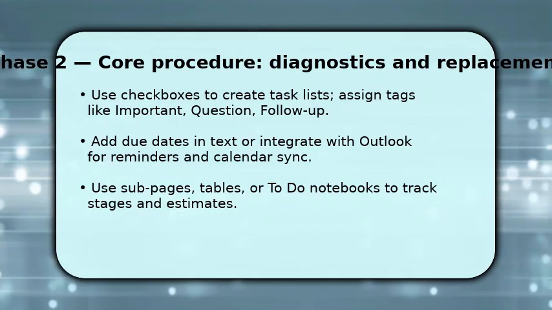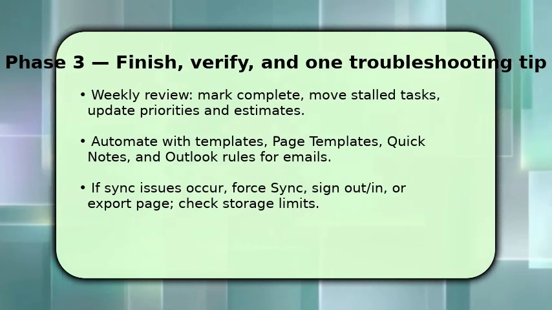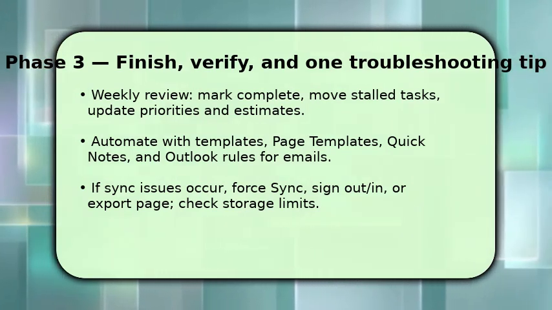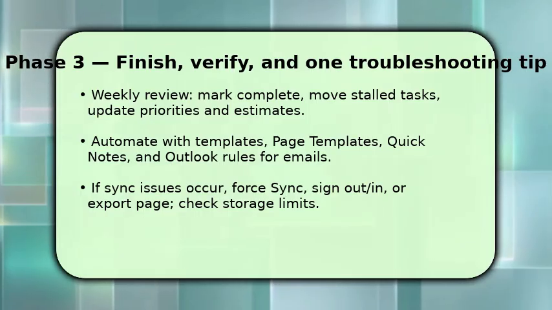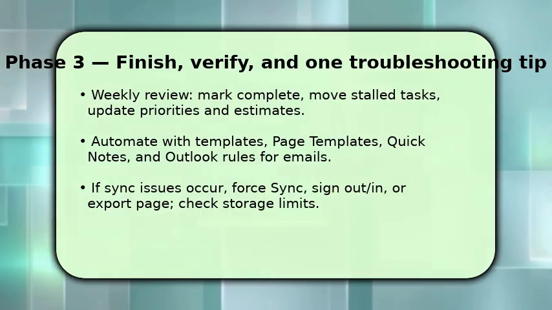Finish by making review a habit. Perform a weekly sweep. Tick completed items, reschedule stalled tasks, and reprioritize. This closes the loop. Once reviews are routine, automate repetitive work with page templates, quick notes, and Outlook rules to